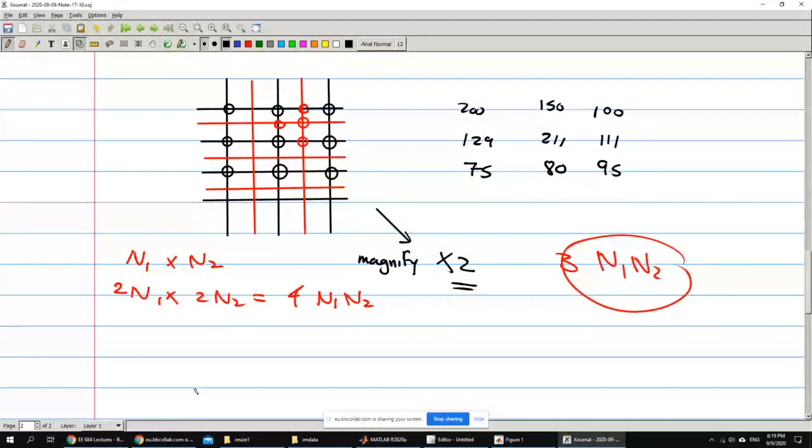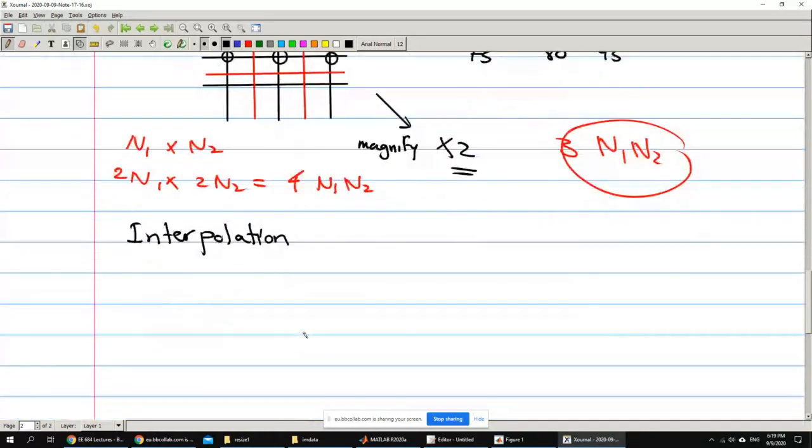Basically, there is a technique in mathematics called interpolation. You may have heard of it before in mathematics, in the context of one-dimensional arrays. For example, if I have a curve,